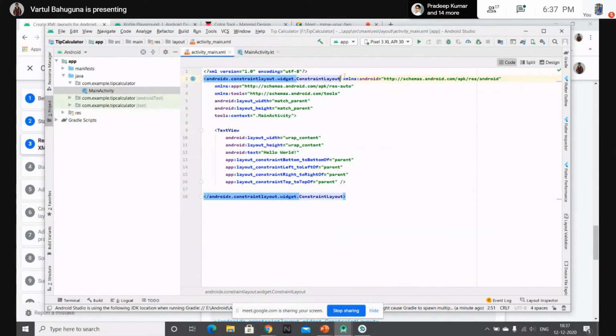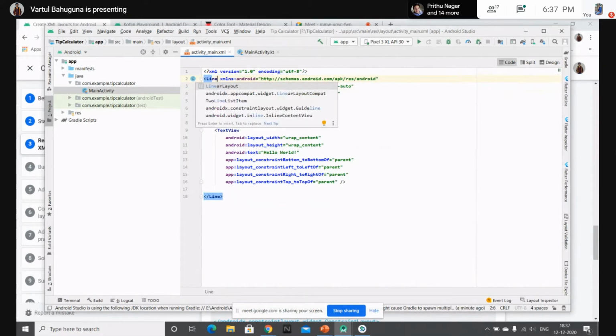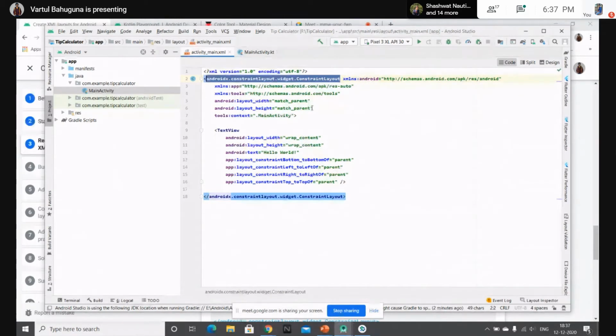Rather than if you try out another layout, you just need to simply write linear layout, or you can say relative layout. There is nothing written like Android X dot and all the things. So why is this Android X written over here? Because the constraint layout is not a part of the Android library. It is a part of the Jetpack library. So here it is mentioned, all the path for that library.